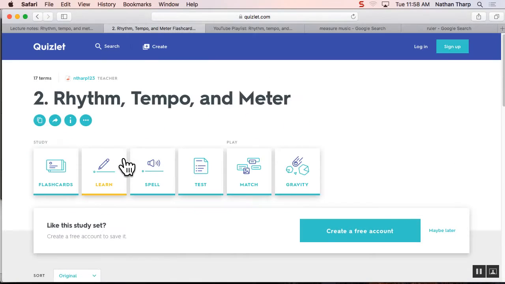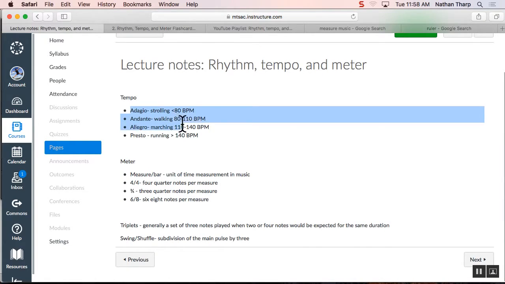That is everything in Quizlet that I'd like you to know. Just jumping back to look at these notes a little bit. If we're measuring in beats per minute and your teacher is making you use these geeky Italian tempo markings, and you're in the studio in some sort of, let's say, a hip-hop session, and you're like, yo, can we do like a little adagio sort of thing? You might want to know some of the beats per minute. Or be like, yeah, sometimes I like adagio, but right now I'm feeling more allegro-ish. What do you think, right? And they'll be like, what are you smoking? Okay, so